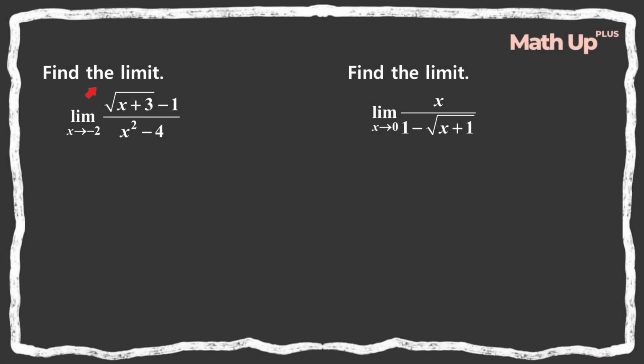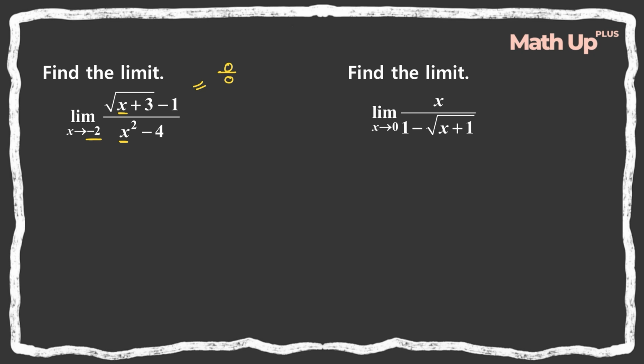The question is to find the limit. This is the limit as x approaches -2, right? So if we substitute -2 for x, then this expression will be equal to 0 over 0 in indeterminate form, right? Then what we have to do is that if we have a square root, we have to rationalize this